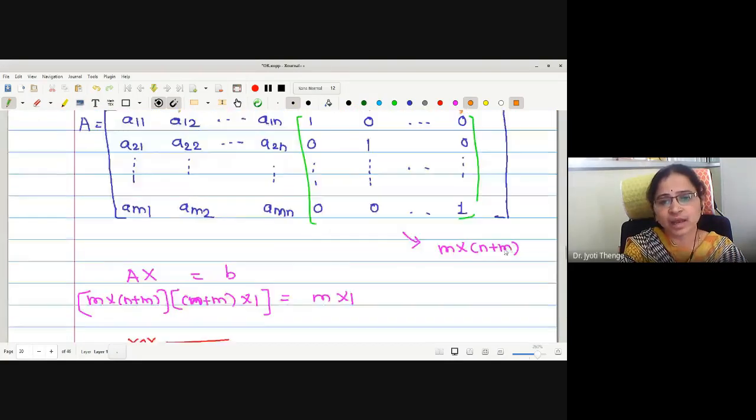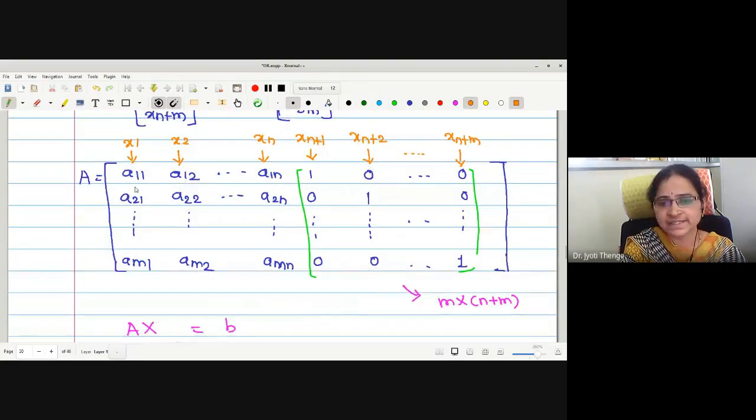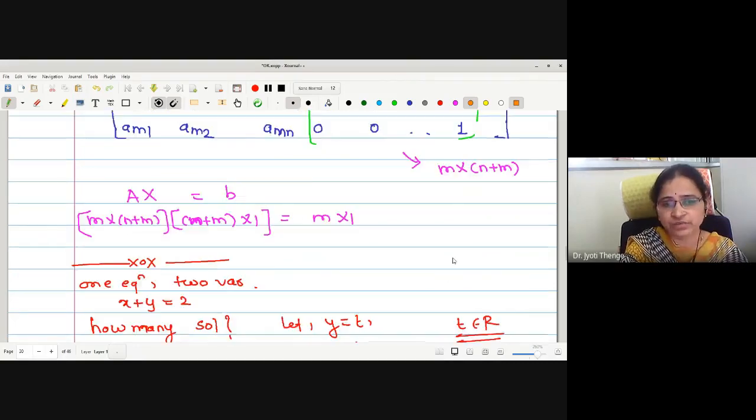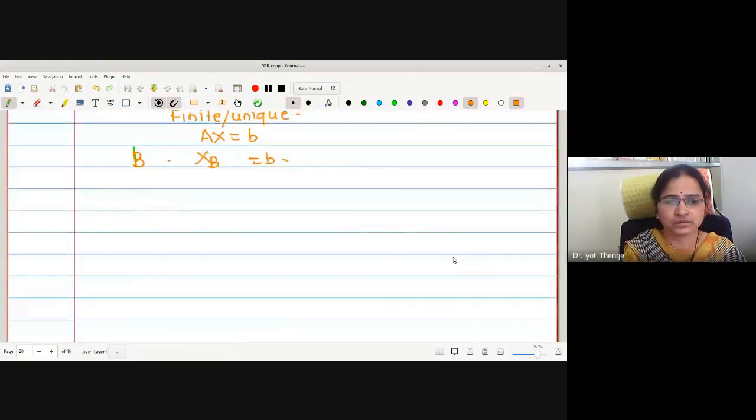What is the order of that capital B? We were not changing the number of rows. We were selecting only m columns. Therefore, what will be the order of that selected submatrix of A? Is it n cross n? Oh, sorry, it is m cross m. M rows we have already, m non-zero variables we have selected, and in this xB, what is the order? M, we were selecting only m. There is only one column, therefore m cross 1, and the resultant is again m cross 1.